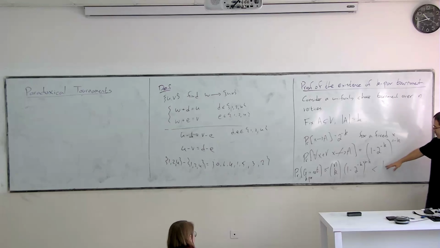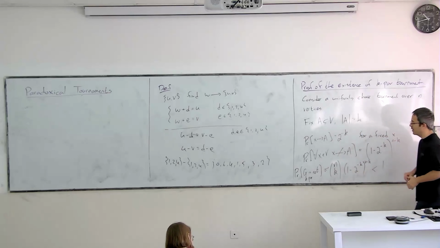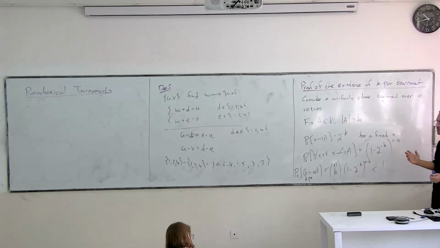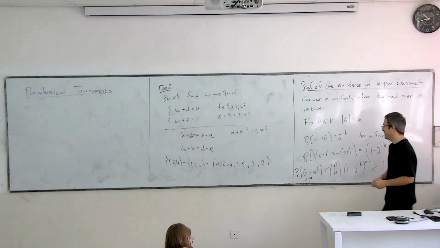You don't have to write 1 here, you can write 1 over poly n or something, still really. So actually, by the same reason, replacing the 1 with something smaller, we know that most graphs will be paradoxical. It's crazy, but it seems it's paradoxical. Everything is paradoxical, so it's not really paradoxical. Yeah, right.